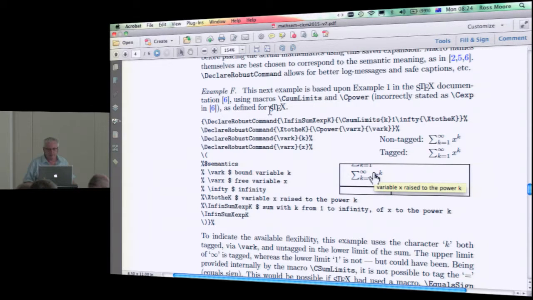This system, which is again what Michael Kohlhauser really wanted all of this for, is designed so that, you can see the names, infinite sum of x to the power of k, or x exponentiated to k, c sum limits, x to the k, right? Throughout the S-Tech system, which is used in two ways. It's used to produce PDFs of mathematical content, but it's also used to produce XML web pages of mathematical content. And